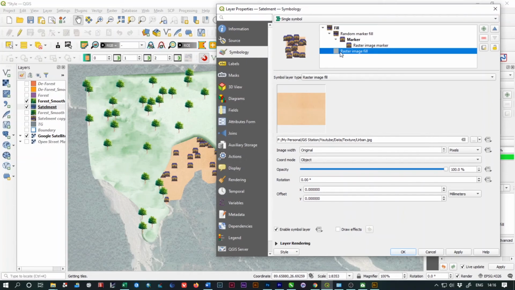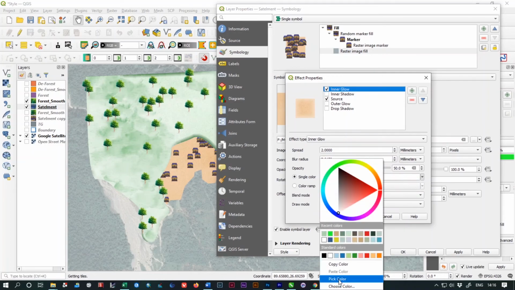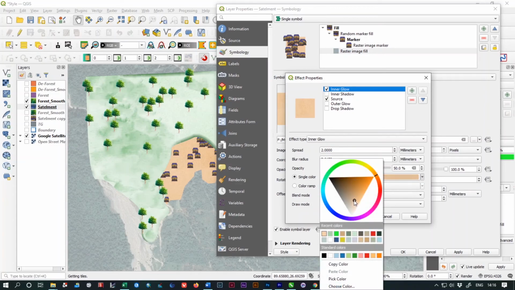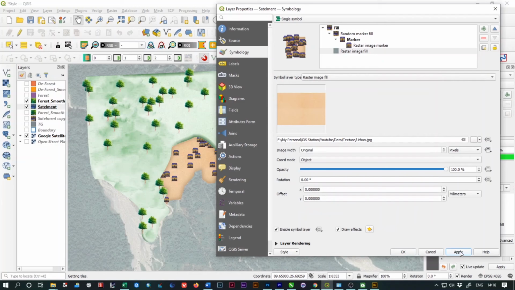So click the base raster image fill, click on the draw effects, click the star icon, and then click inner shadow, select the pick color, and let's darken it. We're going to dark it further, and now click on OK, apply, OK.